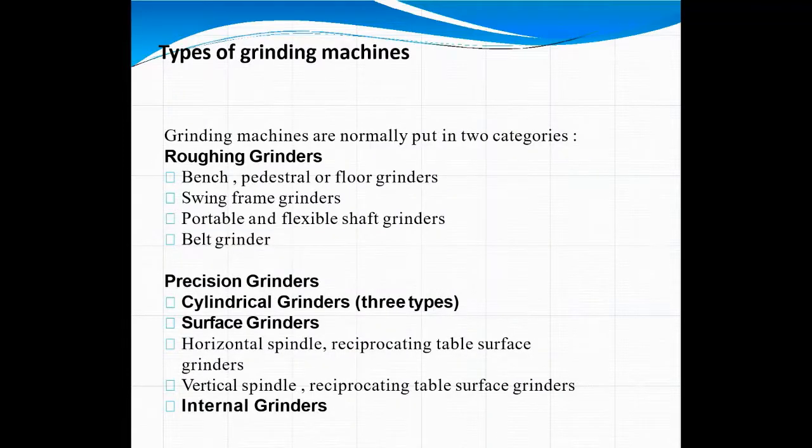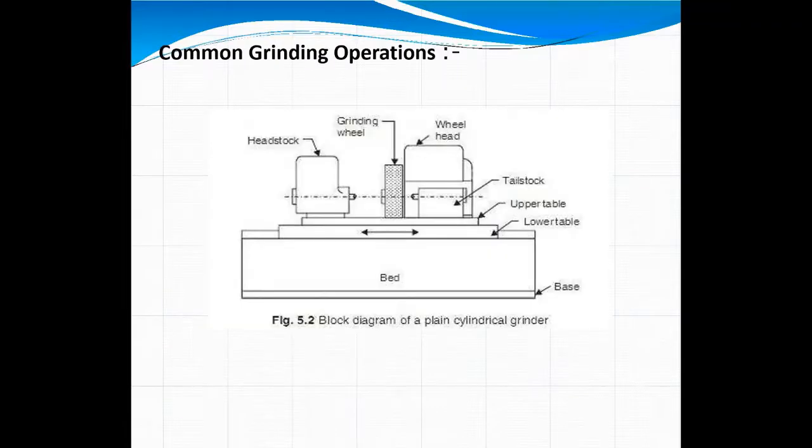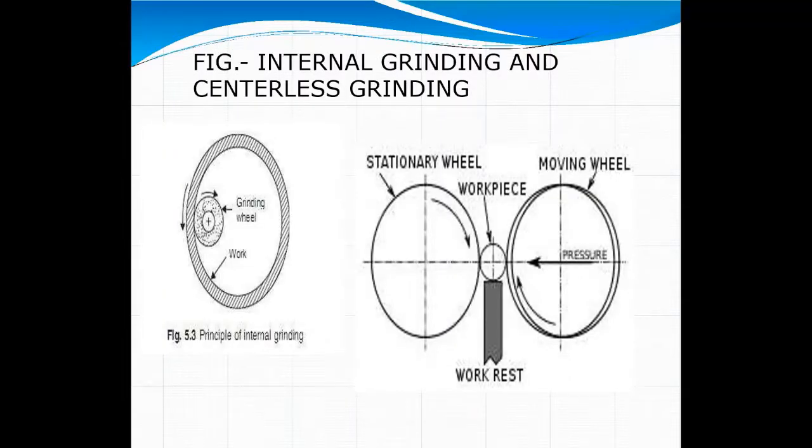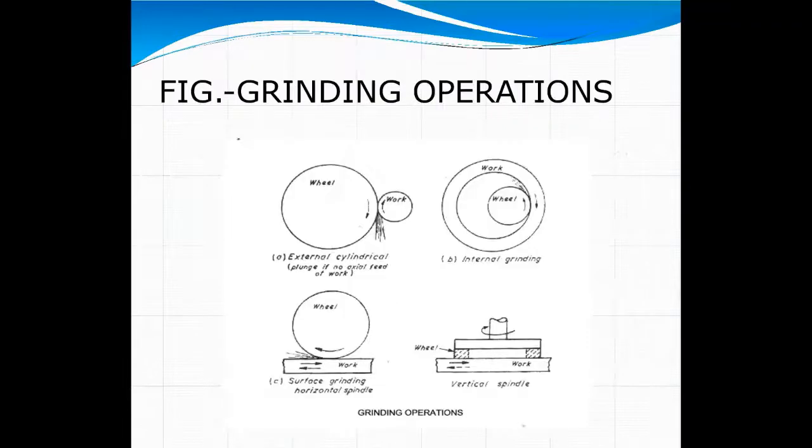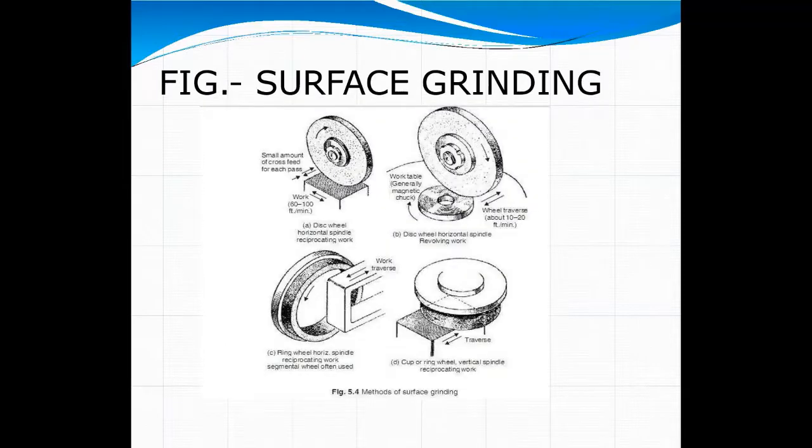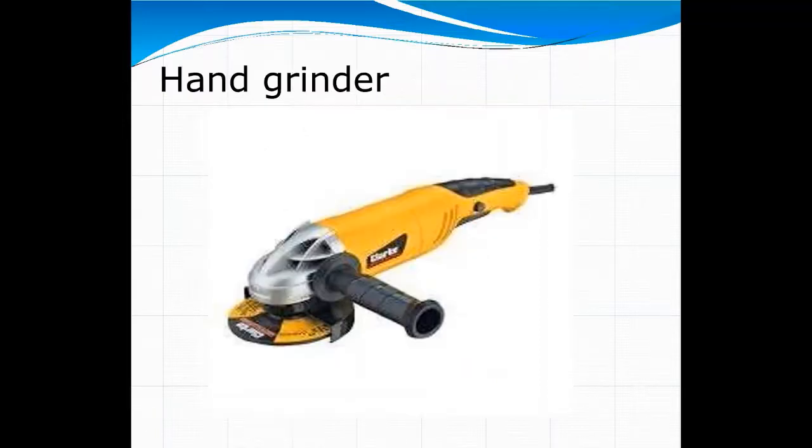Next one is the grinding. So grinding, all of you know about the grinding operation. What we are doing in the grinder. So it makes the smooth surface of the job what we have done with the other machines. Common grinding operation is grinding wheel, internal grinding, external grinding, centerless grinding or the various. Surface grinding is used to make the smooth surface of any operation.